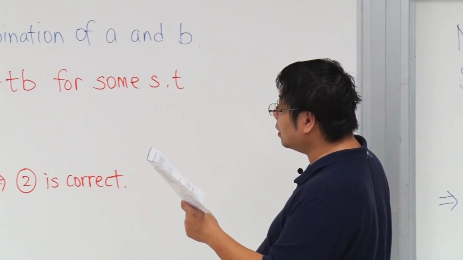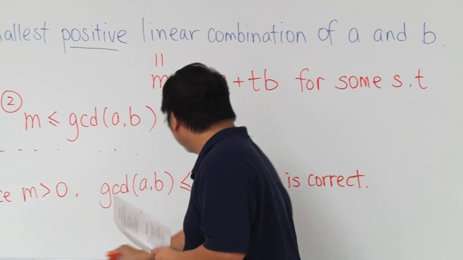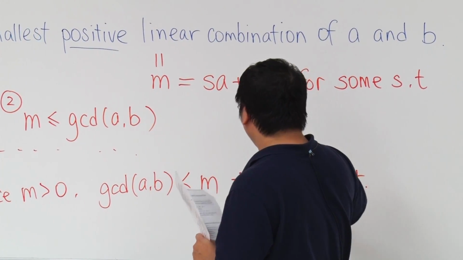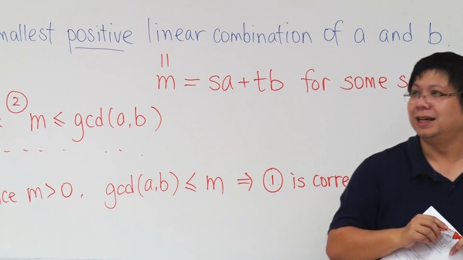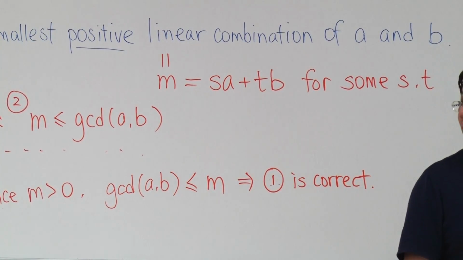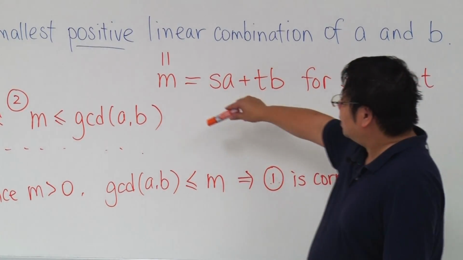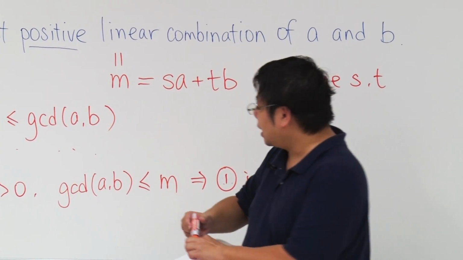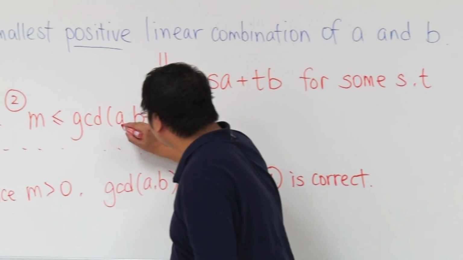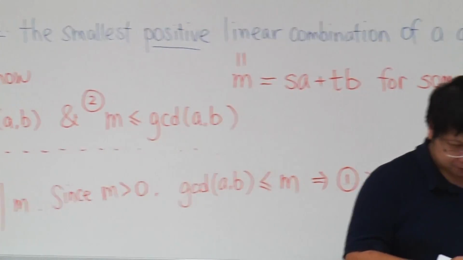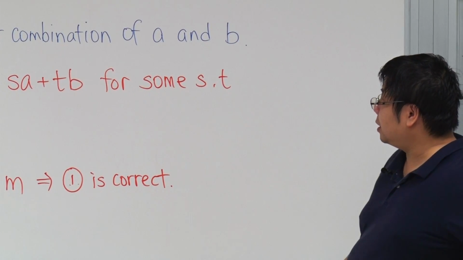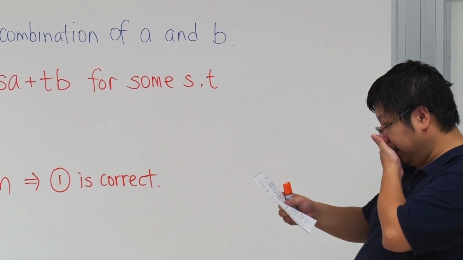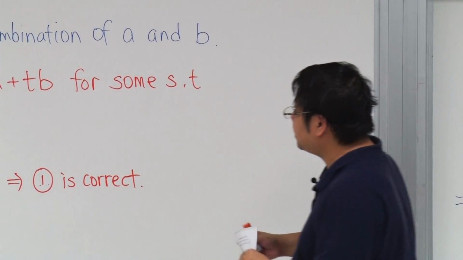Sorry, not 2, sorry, 1. I made a mistake. So we are showing 1. So here the GCD seems to be a small number this time, but then we want to show that M is less than or equal to the GCD of A and B. In fact,